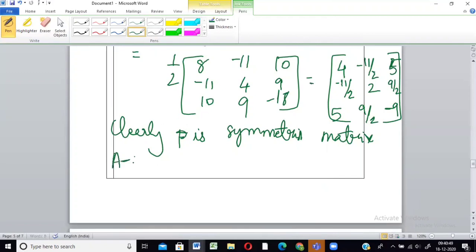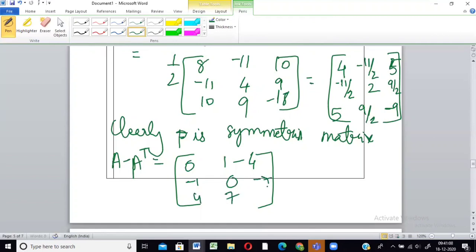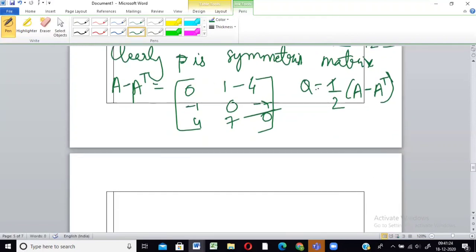Suppose now the same thing, A minus A transpose. So let us do it quickly. A minus A transpose, A we have and A transpose also we have. So I'm just quickly subtracting, because it's just normal subtraction. So this was A minus A transpose. So again you're taking Q as half into A minus A transpose, just like we took P as half into A plus A transpose. So your Q becomes